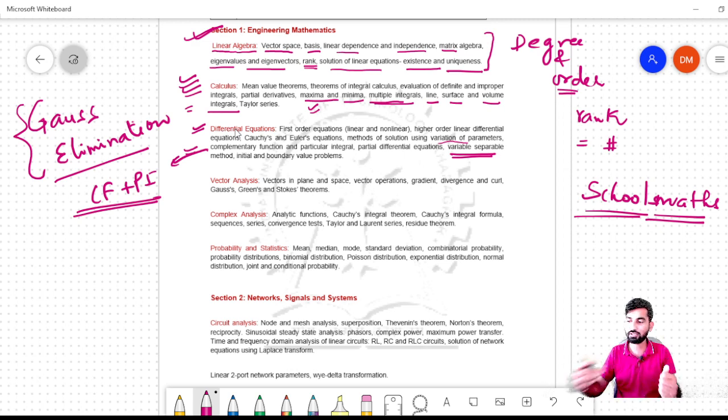So you have to follow this sequence. You have to start with calculus, then you go for differential equation, and once you are good at differential equation, then you can go for vector analysis, because in vector analysis you will study different vector operators, such as vectors in plane and space. You will study gradient, curl, divergence, all these kinds of concepts. If a vector operator is operating on vectors, whether you are going to get a vector or not? If you operate a vector operator on a scalar, what are you going to get?